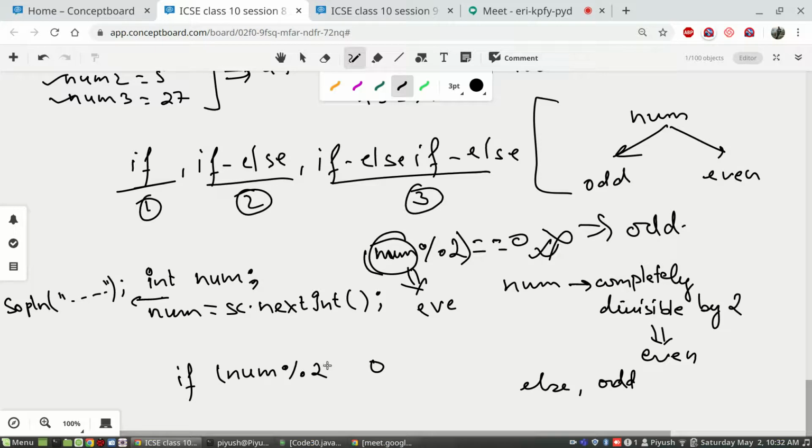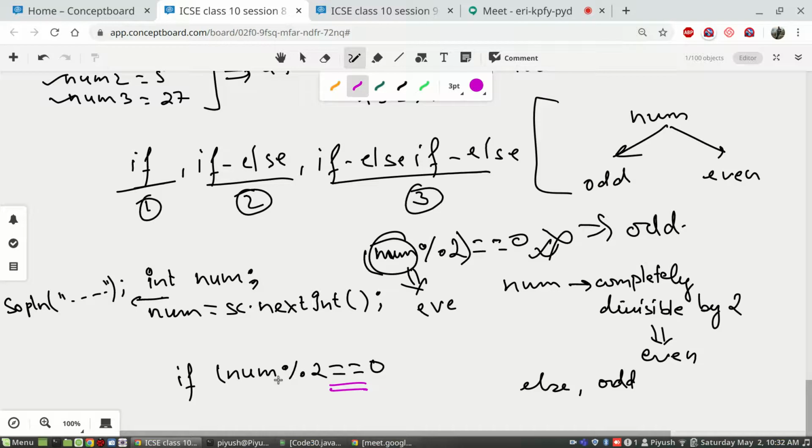So if that remainder happens to be 0, how do you compare the result of any expression with any value? For comparing equality, we use double equal to and not single equal to, because single equal to is used for assigning a value to a variable or a memory location of the RAM. But here you have to compare for equality, so we use double equal to, which is a relational operator.